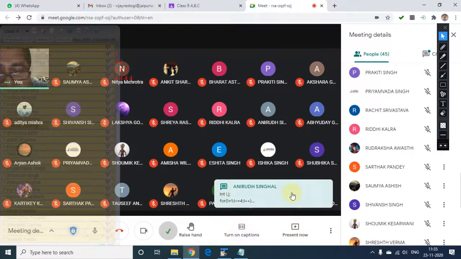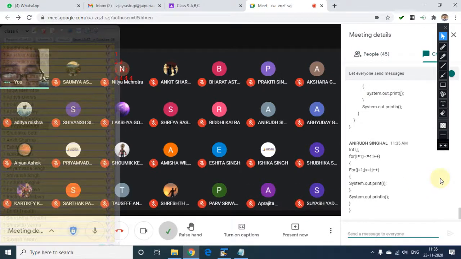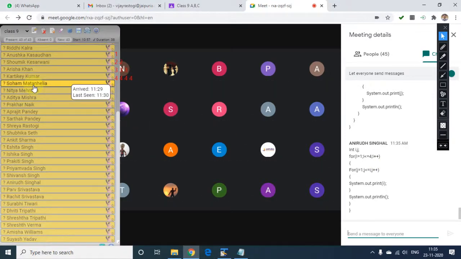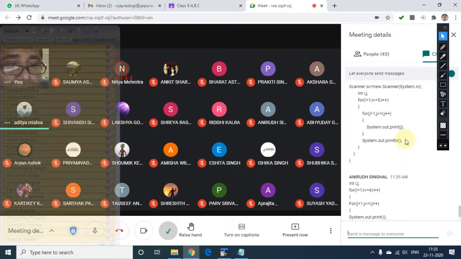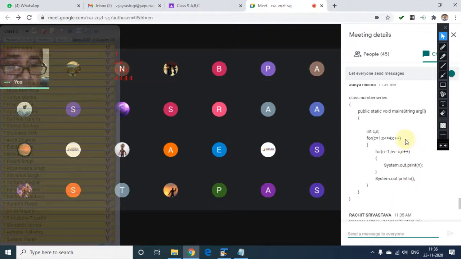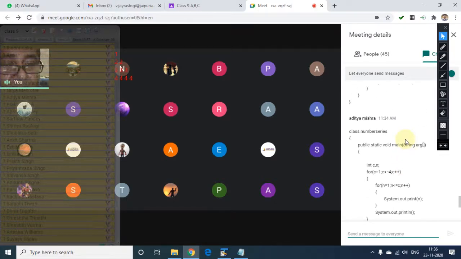Let's check it. Anirudh Singhal. Yes, Anirudh, absolutely fine. Sir, mine is showing the series correctly. But here it is wrong, beta. See, sir, you have printed N, beta, the second inner loop variable. So yes, sir, it will come 1, then 1 and 2, then 1, 2, 3.